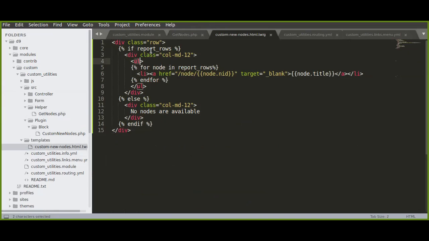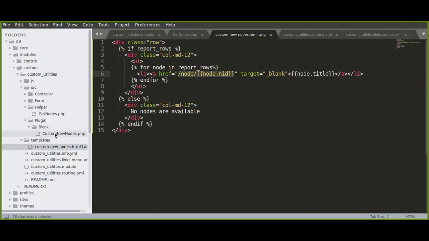So for the report rows, I pass them in a for loop. For each, I construct an li element. Within the li element, I pass the node title here. I constructed the href element here. That is what is written in this twig file.